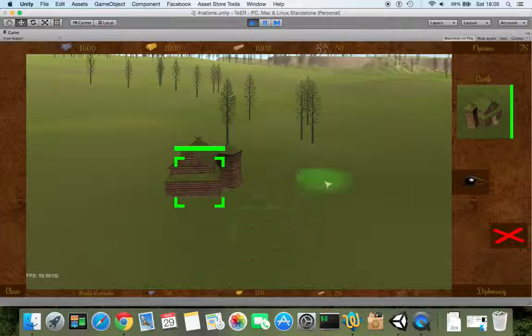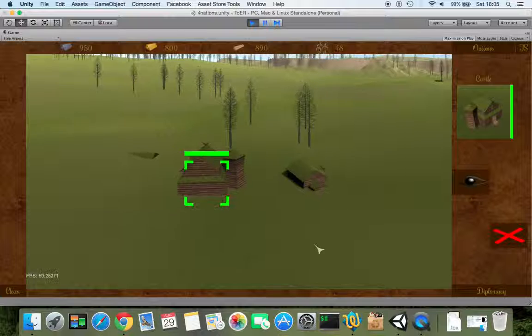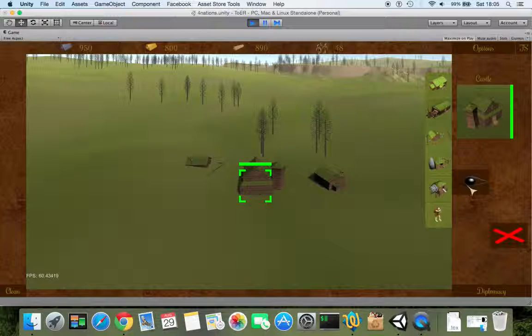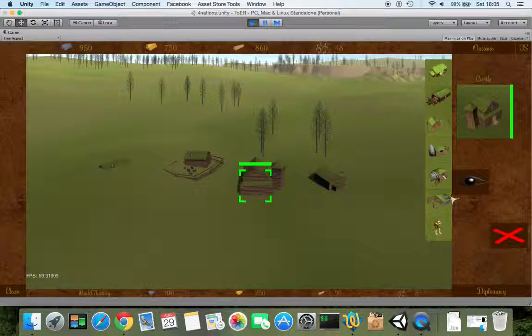So let's build some other buildings. Maybe a bit more, so that spawning would be faster. There are some buildings like windmill,